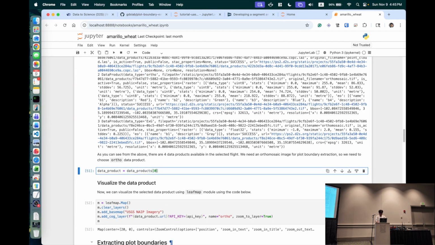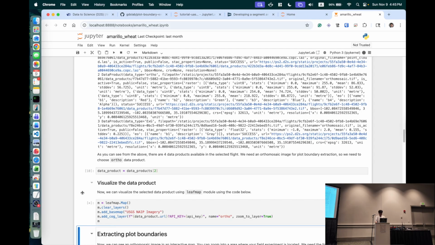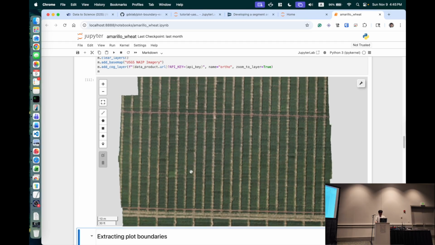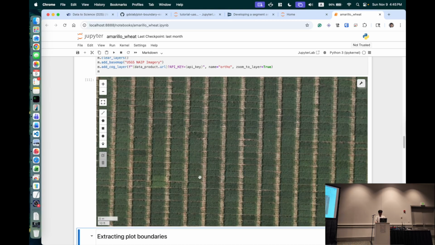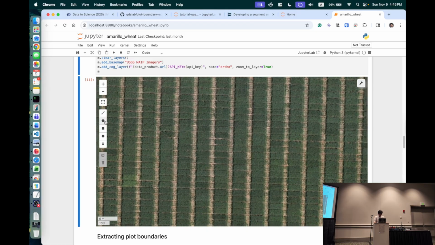The data product that I'm working on is the second one here, and I'm actually visualizing this layer. So this is the one that we were working on earlier, right? Okay. So what I need to do is zoom in and set the boundary. Remember, 1, 2, 3, 4, 5, 6, 7, 8, 9, 10. So this is the upper left corner. So let me just pick, and it really doesn't matter how it is, but I just need to click that boundary here.